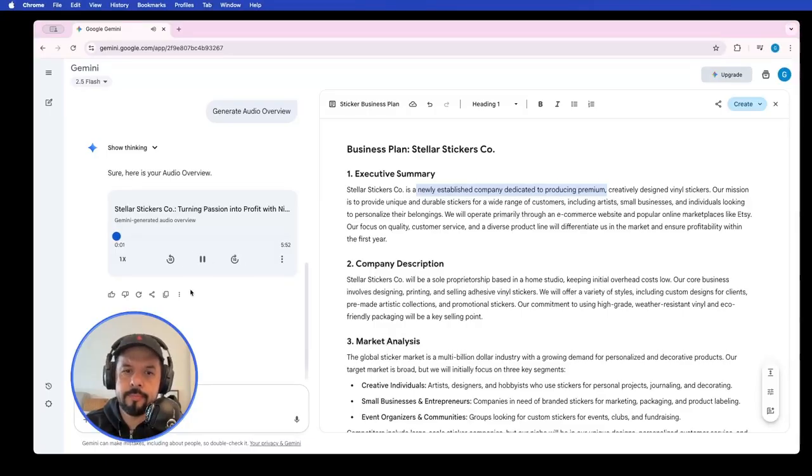Okay, let's unpack this. Imagine turning passion for art into a thriving e-commerce business, maybe all from your kitchen table. Today, we're taking a deep dive into a company called Stellar Stickers Co. Our mission, to figure out how this seemingly simple idea plans to create premium, creatively designed vinyl stickers, not just for hobbyists, but for serious businesses too. And crucially, how they plan to make it work in a pretty crowded market. Yeah, and what's truly insightful here, I think, is how they aim to differentiate themselves from the